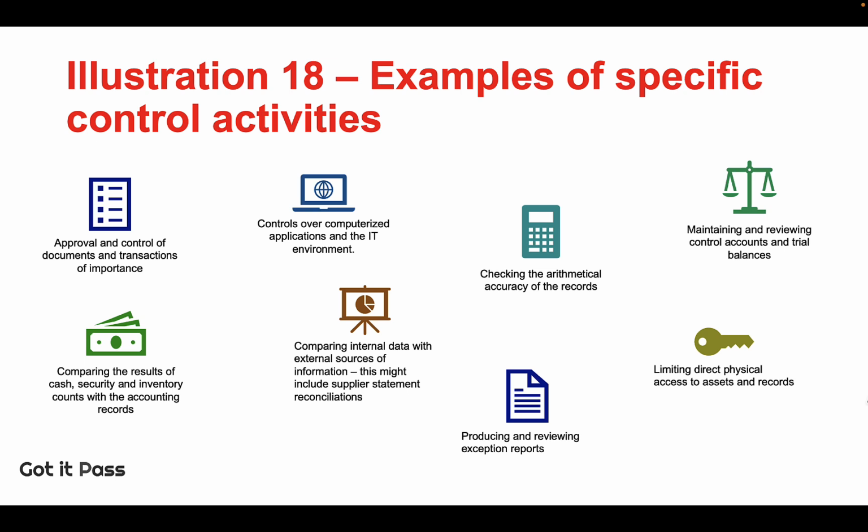And for segregation of duties or limiting direct physical access to records, we need to have physical custody and control of assets involved. Here's the example we shared before about the bottled drinks in the warehouse: the person who keeps the warehouse should not be the one who counts the items in the warehouse. So physical custody also requires a segregation of duties.